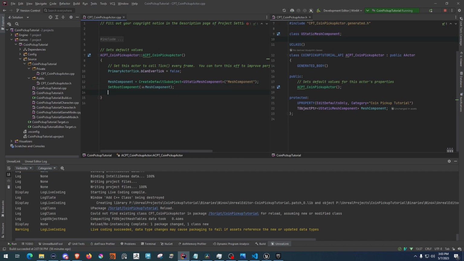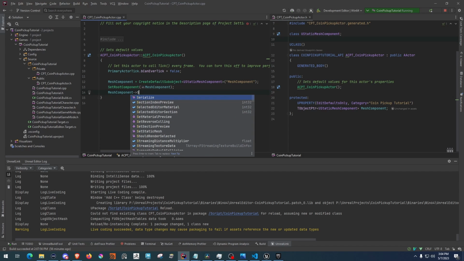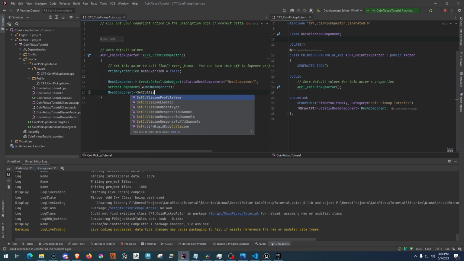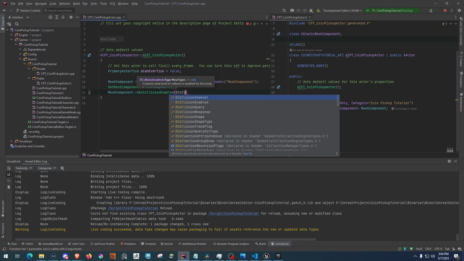All right. And then we need to add a couple more things. We want to set the collisions and the channel responses, and we want to set overlap to false for this. And you'll see why in coming steps. So we'll do mesh component, set collision enabled, and we'll say ECollisionEnabled